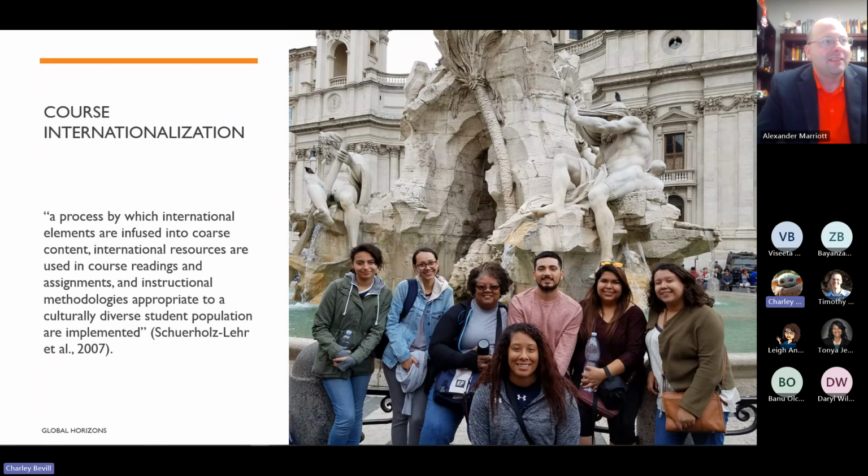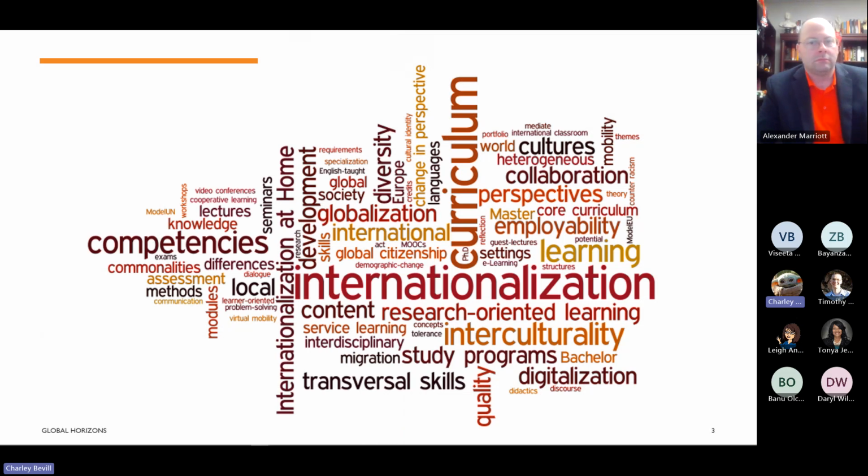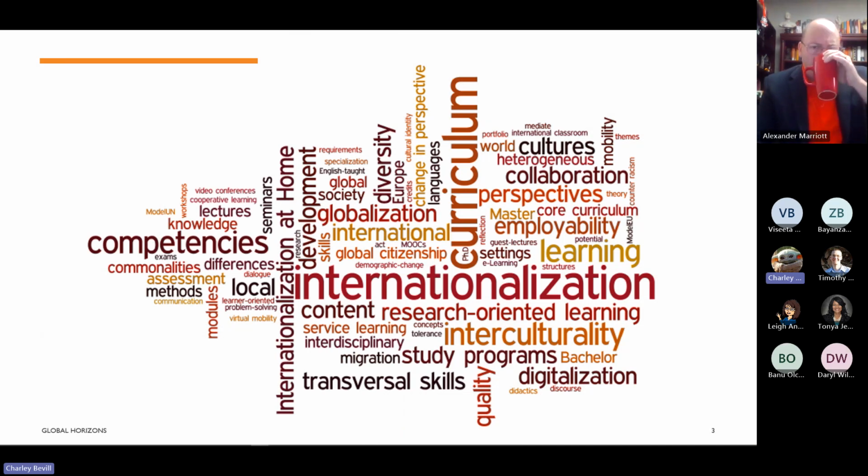And so, yes, study abroad is one way to internationalize the curriculum, but it's not the only way. There's quite a variety of approaches. It can be simply adding an assignment or a module to a course that's already in existence, or you can actually completely redesign the course. The main thing to remember is that there are certain things that are required in courses already, so you want to make sure you don't forget about those, right?